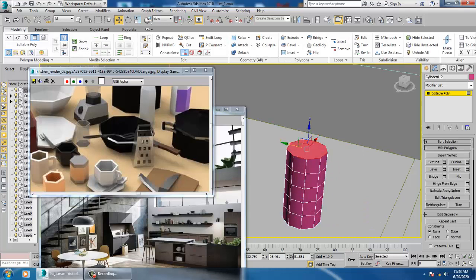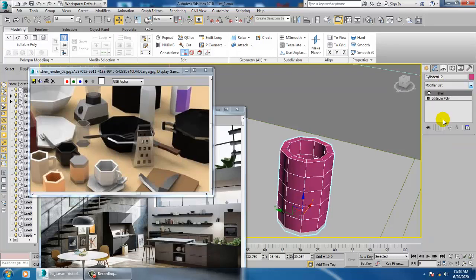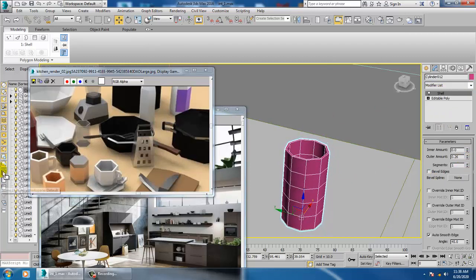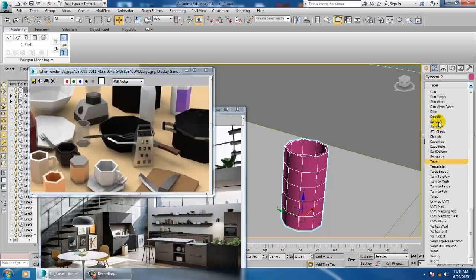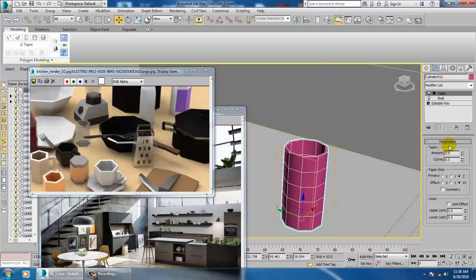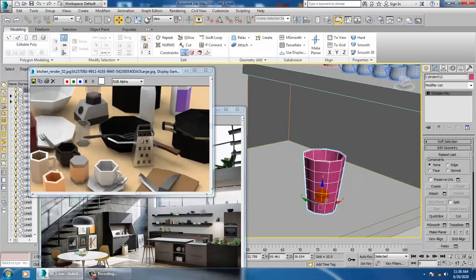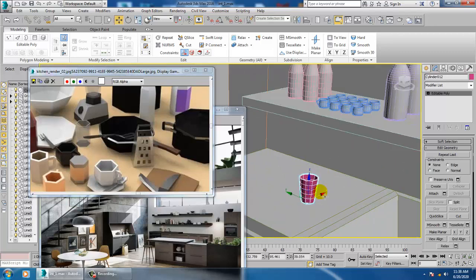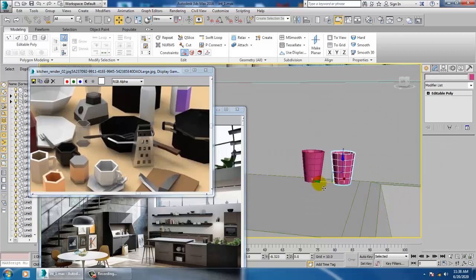Convert to editable poly, delete this, and give a modifier called shell again, and reduce its outer amount. If you want, you can take a taper modifier also. Taper can also help you out. Right click, convert to editable poly, reduce the size of this glass, drag it at the end, duplicate it.